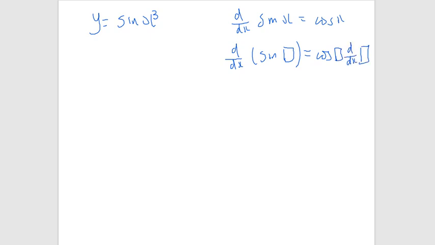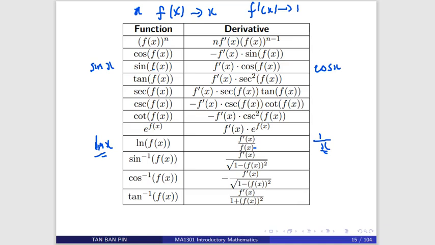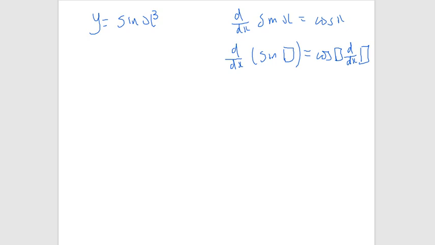That means in the formula you know that differentiating sine x is cosine x, and when you want to differentiate sine x cubed, because it is no more x, it is x cubed, so to do that you just replace all the x by box. In the formula you replace x by box, so differentiating sine box is cosine box, then you add d/dx of box. You replace x by box in the formula for differentiation, then you just add the term d/dx of box.